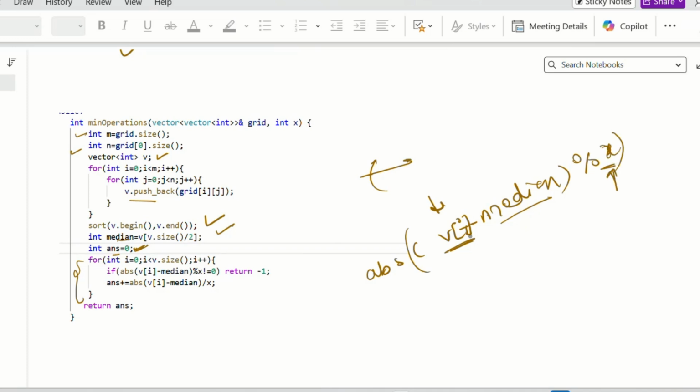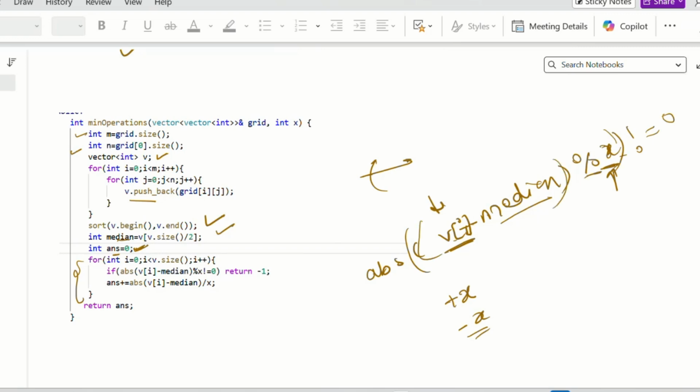From that v of i, if we subtract, we can add plus x or minus x. But if I am doing modulo of this x, then v of i minus median modulo x gives some remainder after dividing with x.